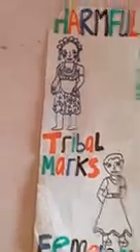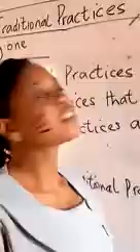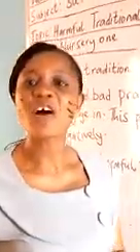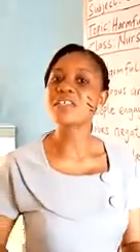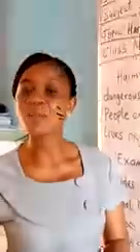You can see a girl in our chart. This is what tribal mark simply means. You see some Yorubas. It is common with Yoruba people. You will see them with tribal marks. Can you see what I'm carrying on my face now? It is a tribal mark. When a child